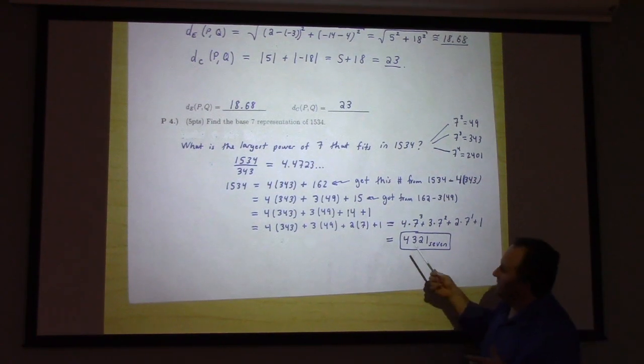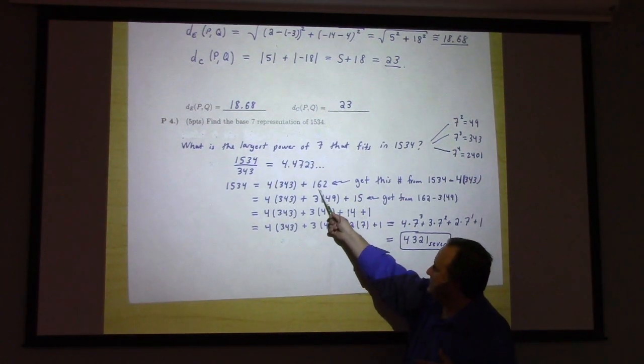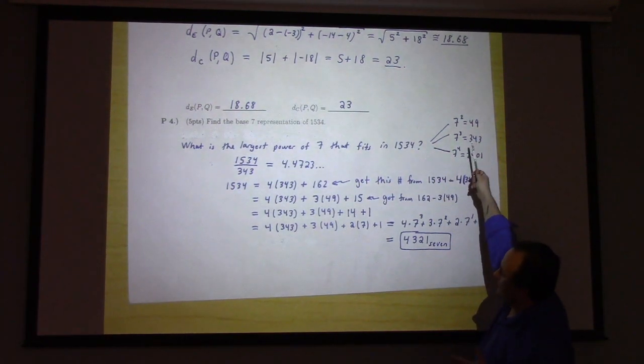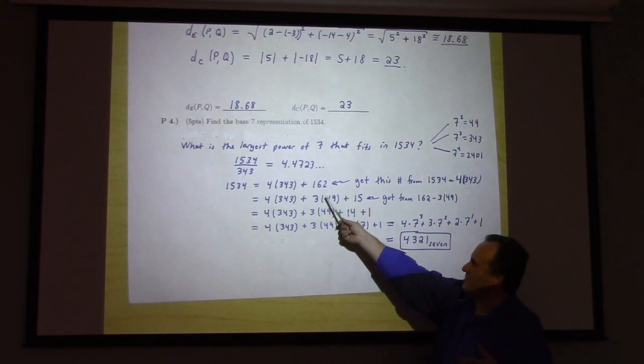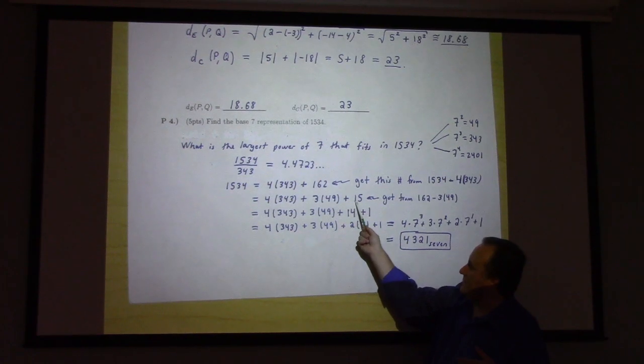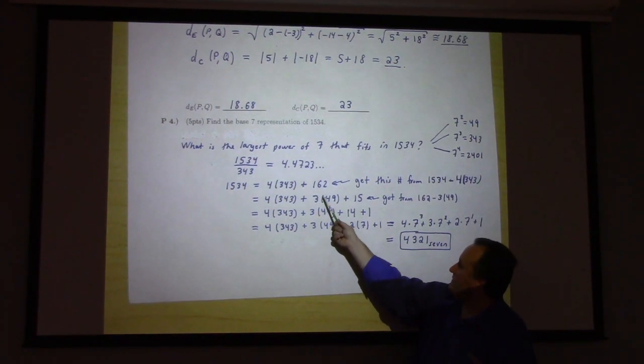And then, okay, well, how about 162? Well, I can fit 49 into that, right? And I could just kind of eyeball it and say, well, that's close to 150. So I can get 3 copies of 49 into there, and then I have to add 15. Again, this 15, so I take 162,